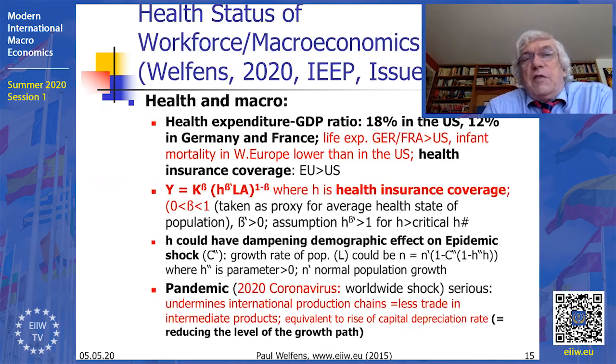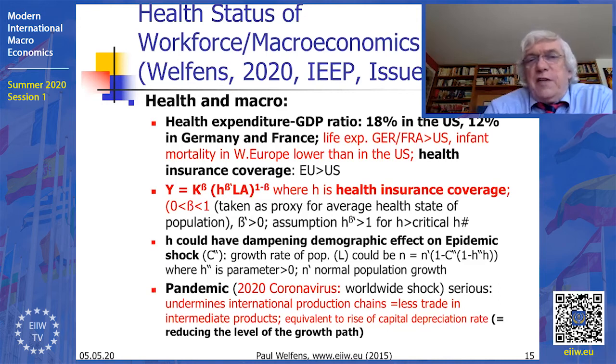Yeah, when we look at just a few aspects of health, because that's not so obvious that health and macro go together. Okay, the first thing which we can observe, and I'm referring here to this Corona macro paper, which I've published in the Journal of International Economics and Economic Policy. So in the journal International Economics and Economic Policy, issue 2, 2020, you can find the details, but let's start